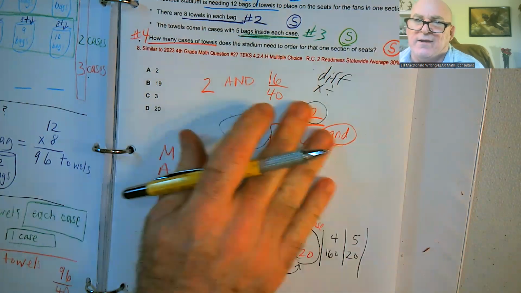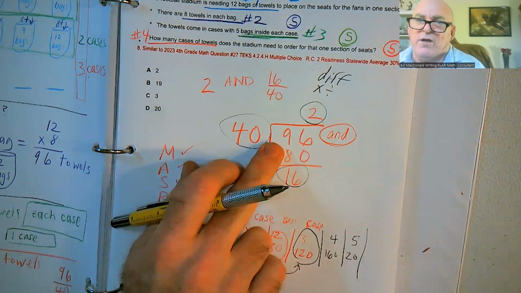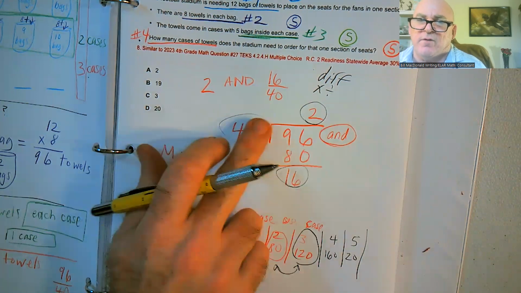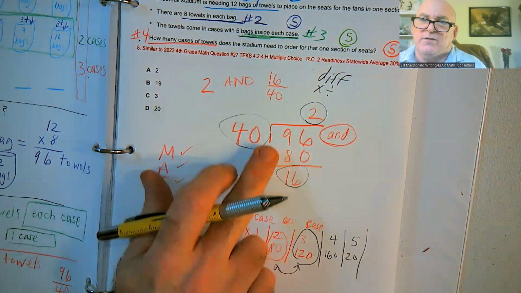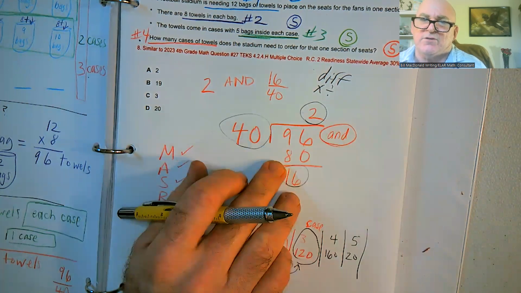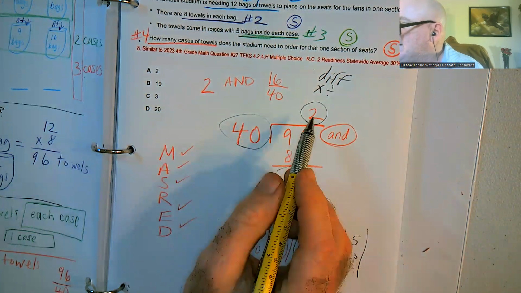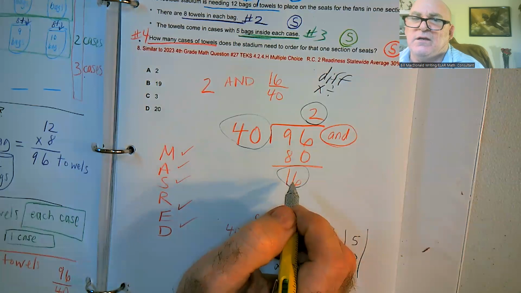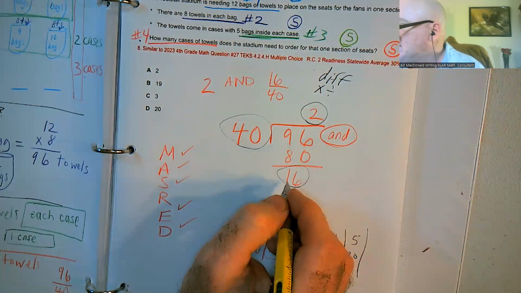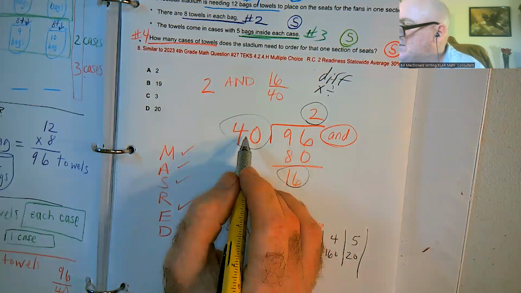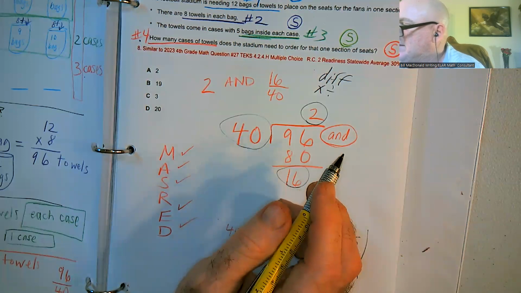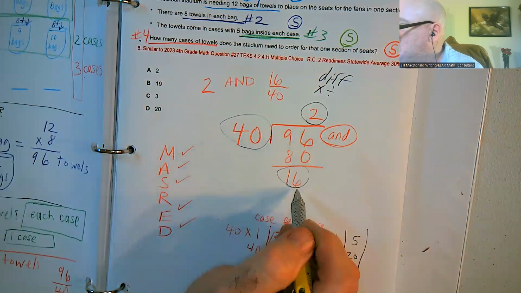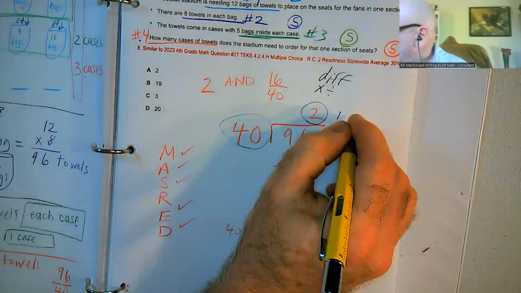And that way you take what we commonly know as an improper fraction and turn it into a mixed number by saying these numbers: 12, 3, 6, 9. So it means that we're going to need 2 cases and 16 more towels from another case of 40. So technically speaking, we need 2 cases and another case